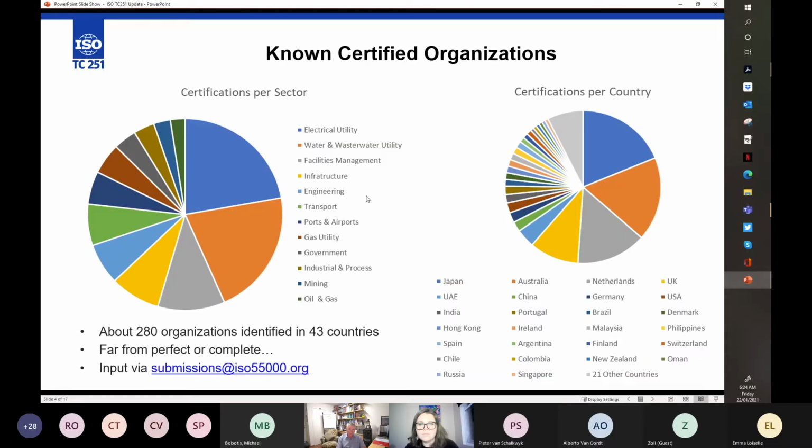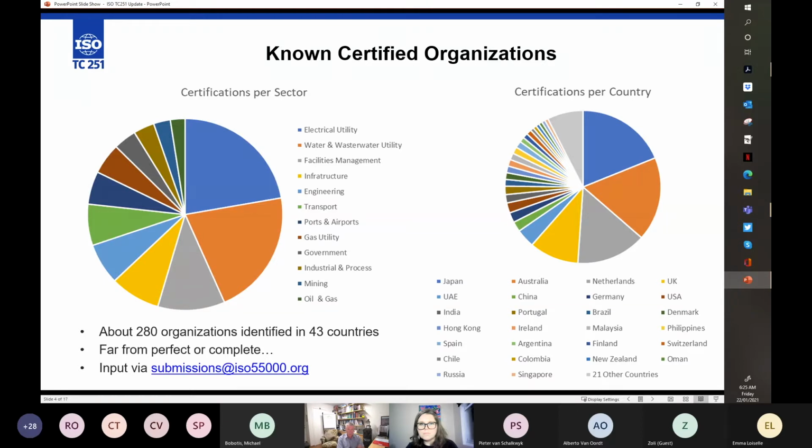In terms of certified organisations, so these are organisations that have attained certification in 55001, and it doesn't distinguish between accredited certification or the validity, I guess, of that certification in terms of accreditation. And we can only pick up where people advertise the fact through their various certification or accreditation bodies. So we do now know that there's just ticked over 300 organisations across the 43 countries.